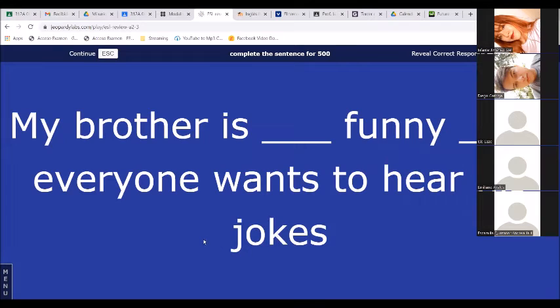Which small words, which connecting words would you use in this sentence? My brother is so funny. Yes.